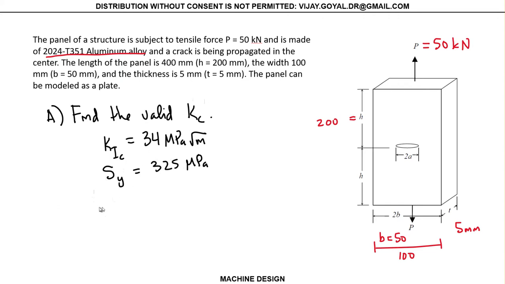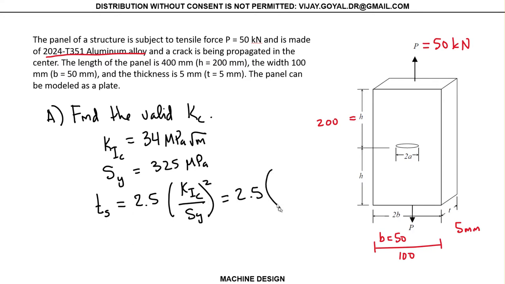So to see if this is valid, I need to find my transition crack length that's given by 2.5 multiplied by KIC divided by sigma yield, squared. That would give me 2.5 times 34 divided by 325 squared, and that gives you 0.0275 meters, or it would be